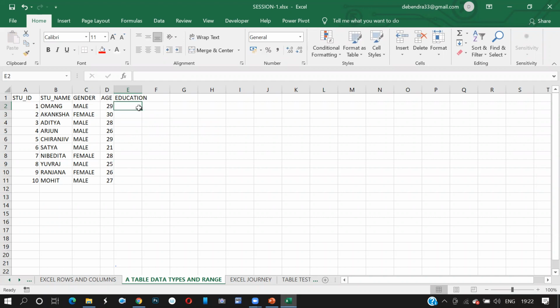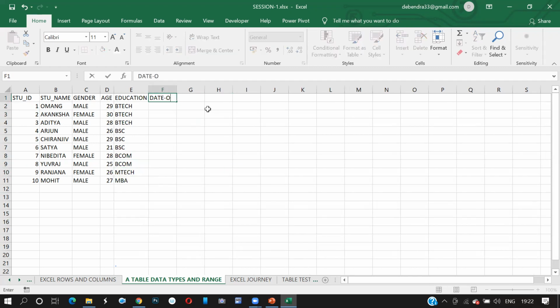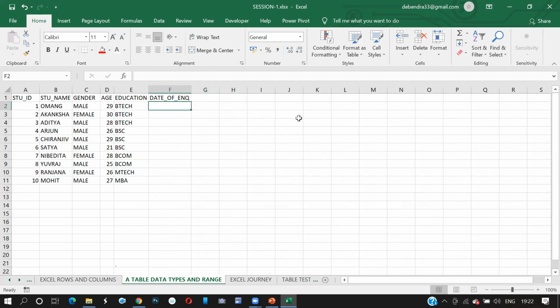Let's say a few of them have done BTech, somebody has done BSc, somebody has done BCom, somebody has done MTech, somebody has done MBA, like that. The date of inquiry, which they did here, let's say 1st February 2021.